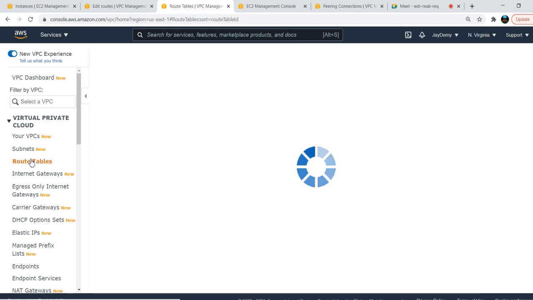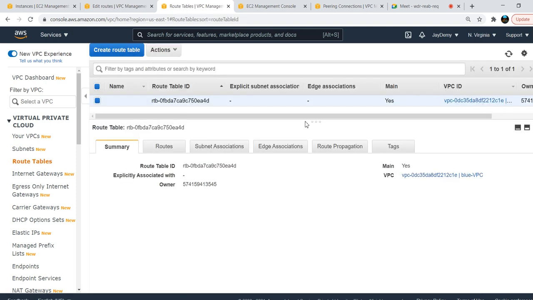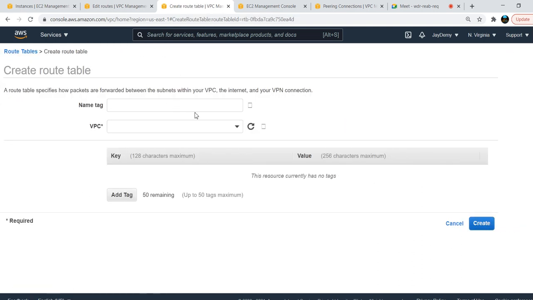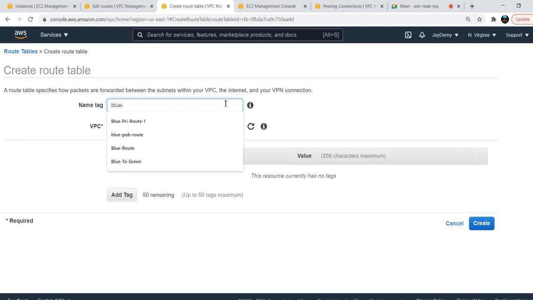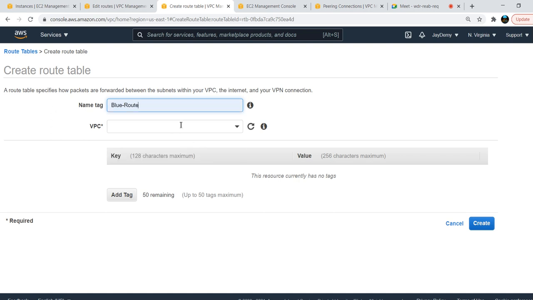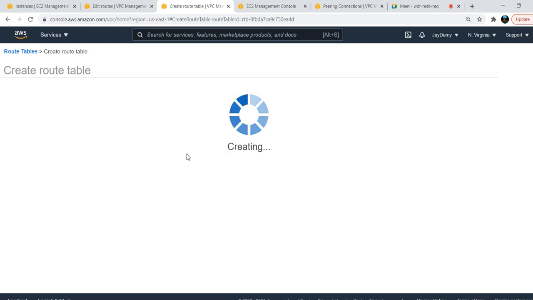Now what I need to do is create a routing table also. By default there will be one route table created. Yesterday I explained why we get one default routing table. Name it blue route, and the VPC is my blue VPC. Just create.